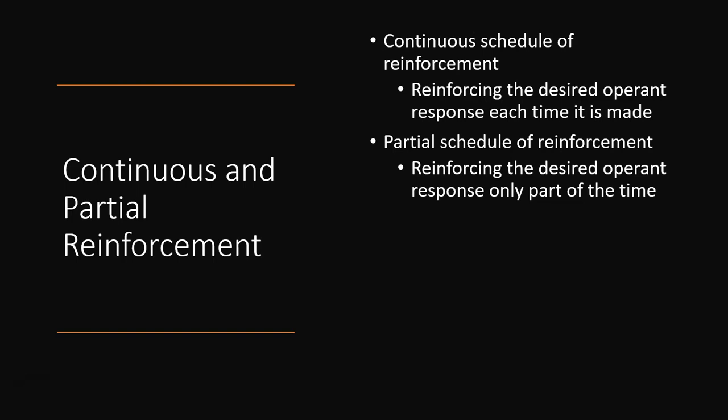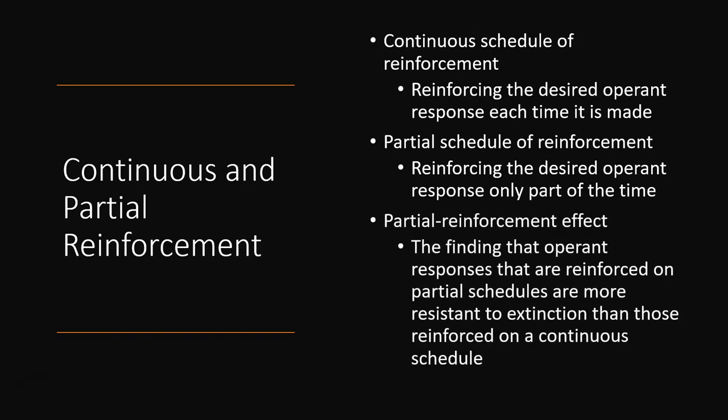Sometimes she made this predictable, like early in training, and then over time, she would surprise the kids with a reinforcer. But she didn't do that at first. At first, she used a continuous schedule of reinforcement for using the potty, and over time, she switched to a partial reinforcement schedule. Now, the partial reinforcement effect explains why my Aunt Jenny did this. This is the finding that when you use a partial reinforcement schedule, the organism, whether you're talking about a dog doing scent work or a child learning to use the potty,